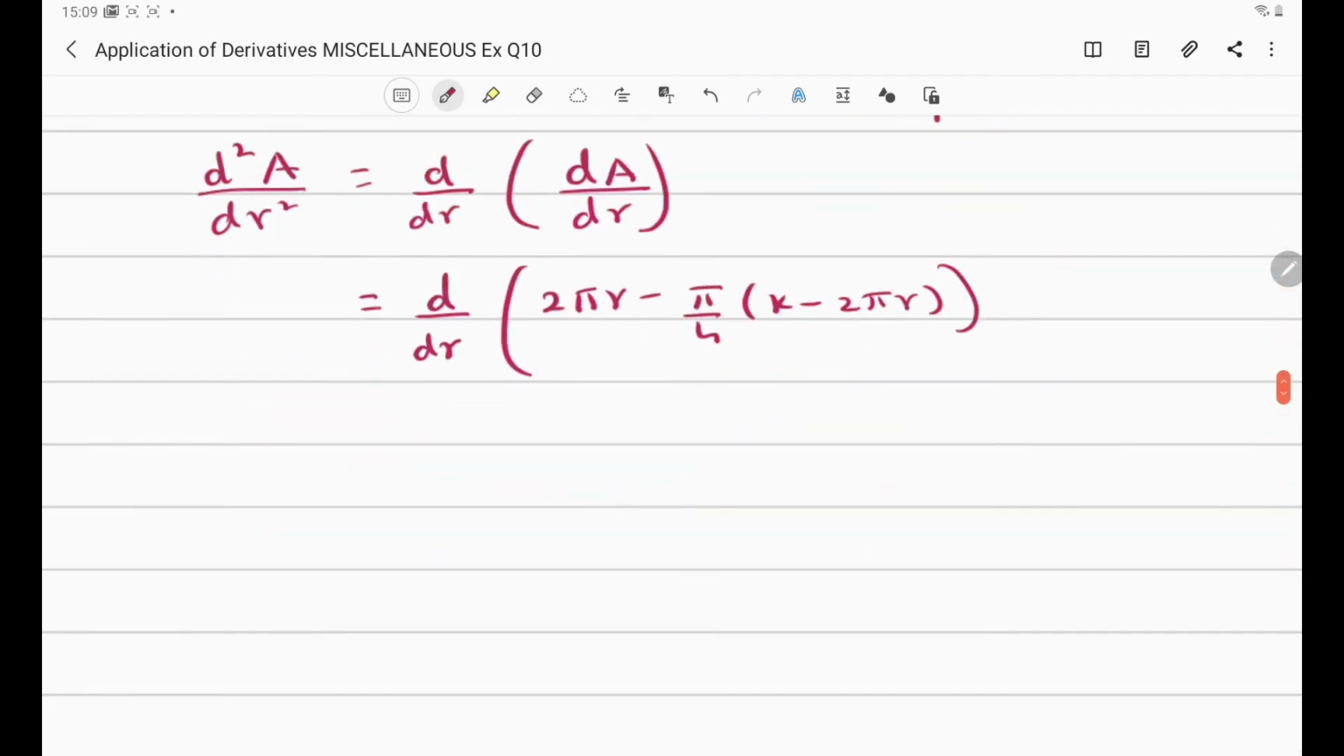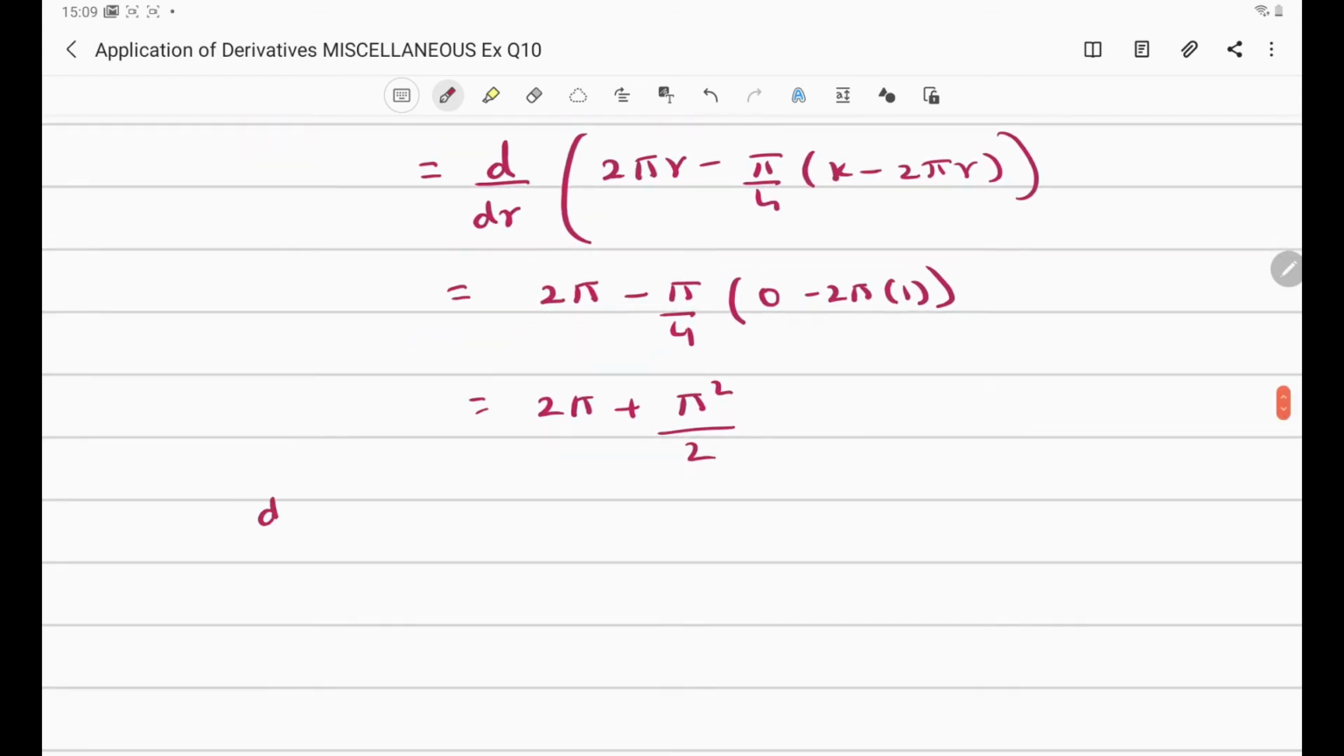So let us find the derivative of this. This is equal to 2 pi minus pi by 4 into derivative of k is 0 minus 2 pi into 1. So we get this as 2 pi, minus into minus plus, 2 pi into pi is pi square and 2 gets cancelled with this, so pi square by 2. So d square A by